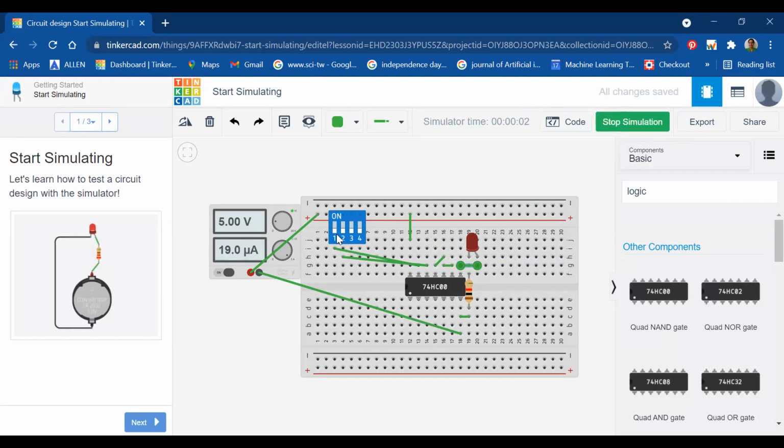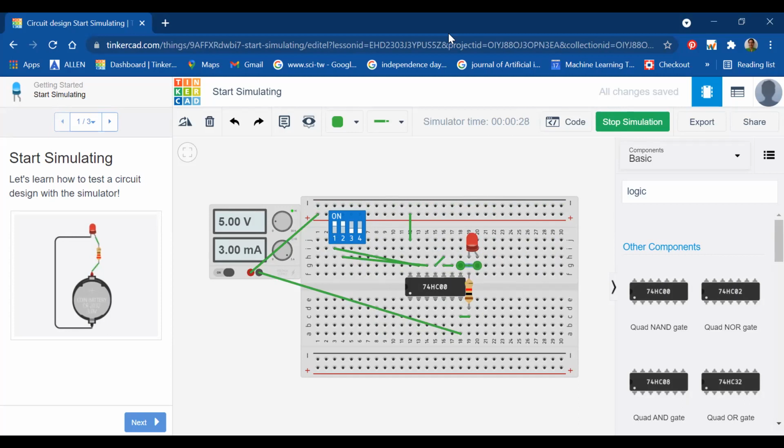So here you go, with 0, 0, you have got 0 as the output. Then 1 and 0, you have got the 0 output. Then 0 and 1, again 0 output. Now making both of them 1, and you have got your high output. So only for the combination 1 and 1, you are getting a high output. So that means this is your AND gate that you have designed from the NAND gates.